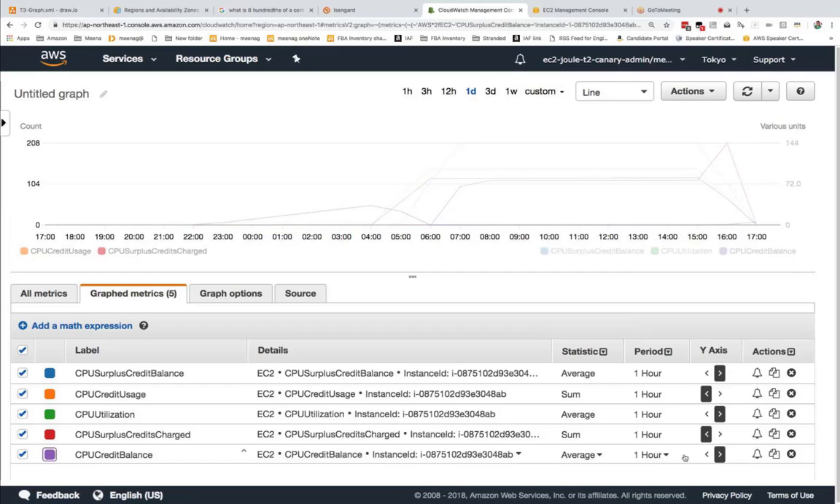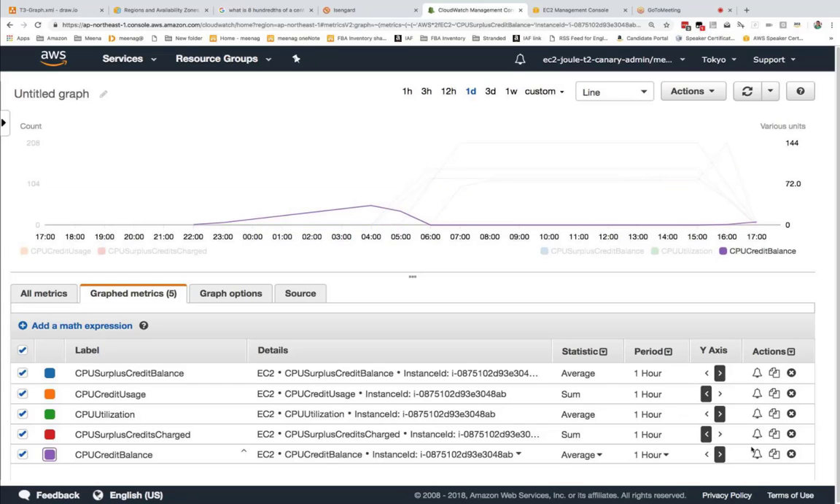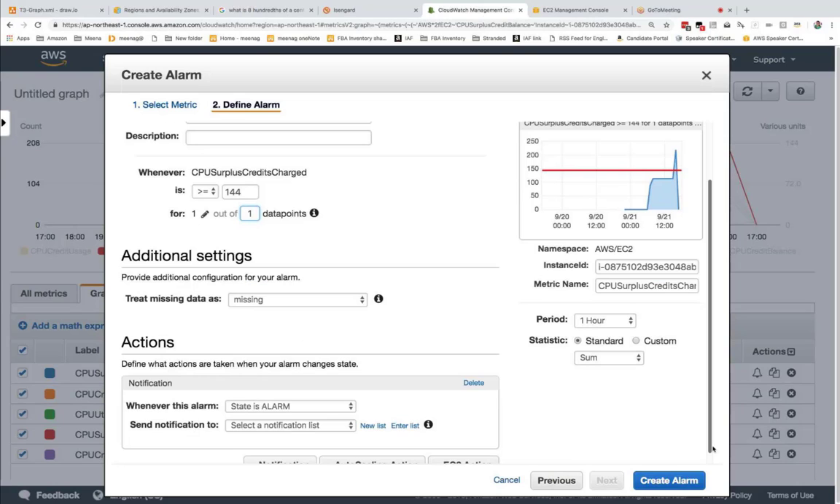Here are some alarms that can be set if you don't want to accrue too many billable CPU credits. You can set an alarm here, put in a name and all that, and then you can define at what point you want an alarm. When the CPU surplus credit charge goes above, say, 200 or 144, you just don't want to pay too much. And the first time this data set happens, you immediately want a notification to be sent to you. You can figure out how you want to send the